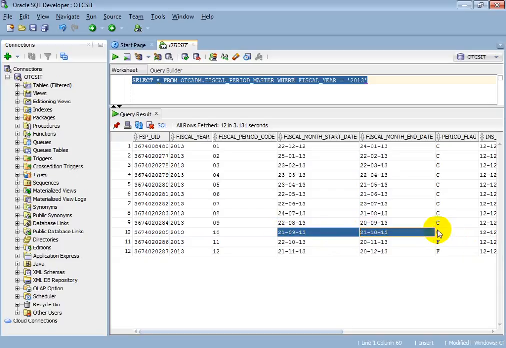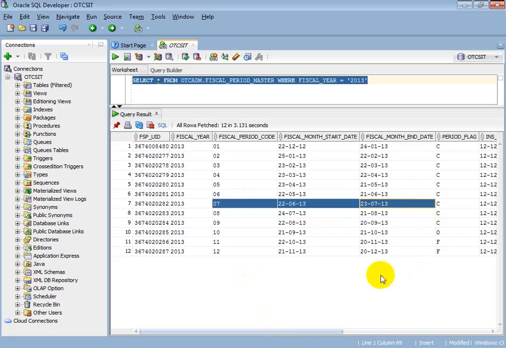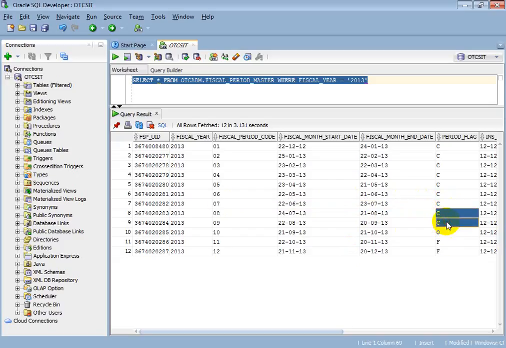Yes. One more thing: if you want to generate this data for, say, the 7th month, then this interface only picks up the latest closed fiscal month, right? So that's the reason, if you want to see the data for month 07, then you need to set this flag to C only, but the next one will be open and the following will be future. So you need to update these records and then generate for the 07 month.